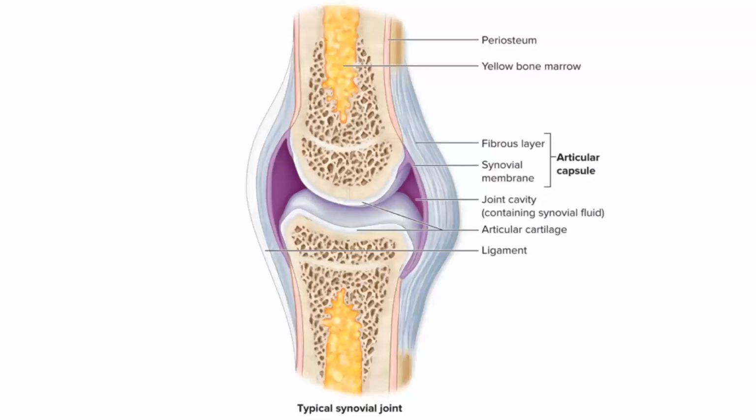So if we look at this image, you can kind of see the outside layer. This white piece is a ligament. And then as you go more inside, this more bluish grayish area is the articular capsule. So that consists of that outer fibrous layer, the bluish grayish part, and then the synovial membrane, which is a little bit more inside, which is that purple area. And its job is to secrete the synovial fluid into that joint cavity, which is that open space in between